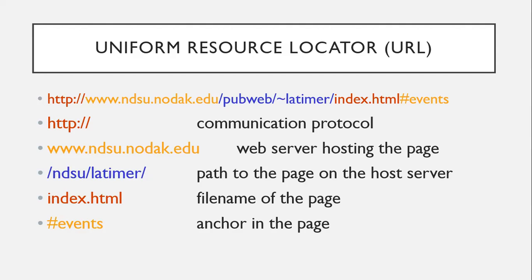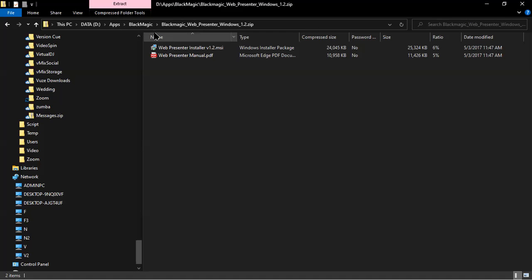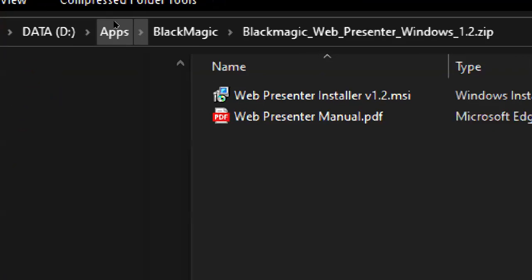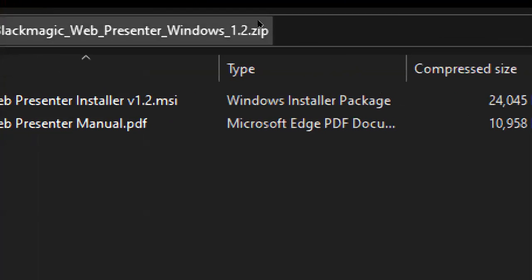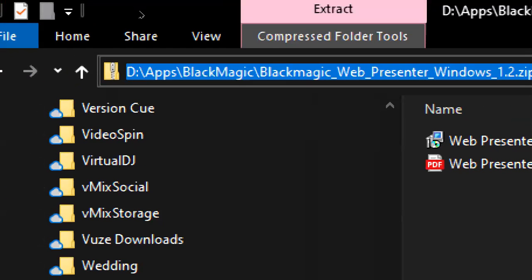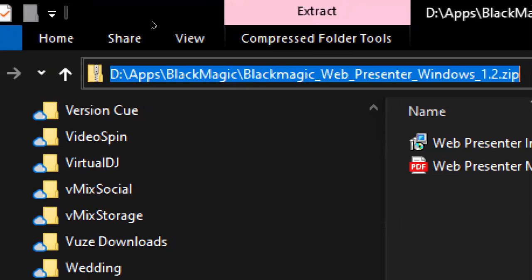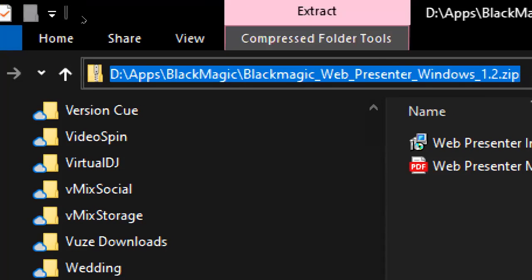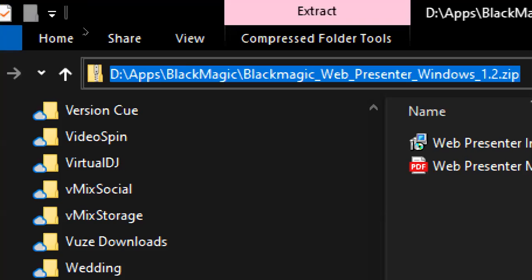So let us look at one example of your File Explorer or Windows Explorer. So as you can see, this file is inside the folder Apps and Blackmagic. File Explorer, on the other hand, uses a backslash symbol.